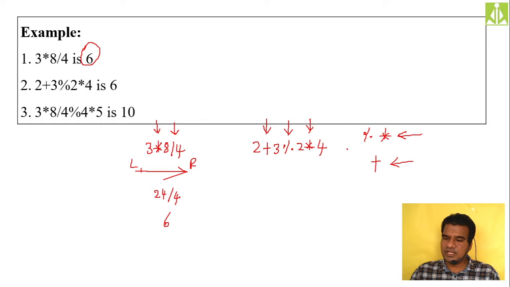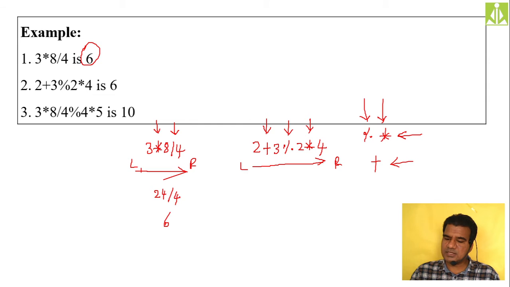So when you are evaluating these two, you get confused whether we have to go for modulo division first or multiplication first. Because these two have the same precedence, we have to go for associativity, and that associativity is right to left. Already we know it: for multiplication, division, and modulo division, the associativity is right to left. So apply the right to left associativity.